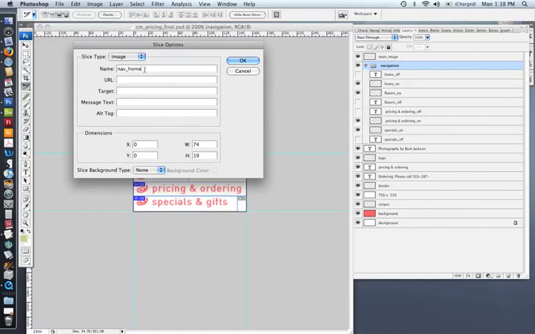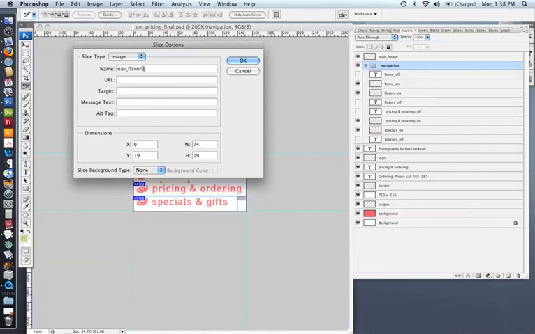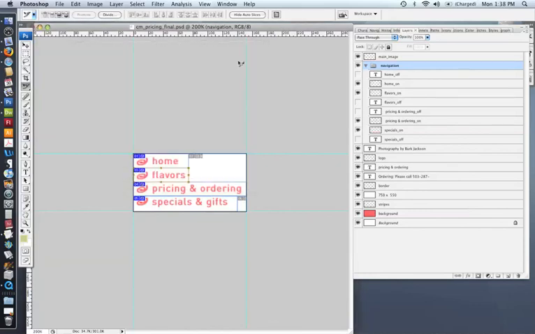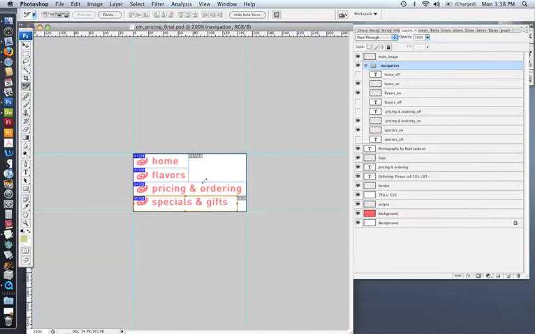which is the same name as the brown text for the off state. So I'm just going to add onto the end of this name here for our on state. And I'm going to do that to all 4 images. Okay. And now I can go ahead and save these again, and they won't overwrite what I've already done because